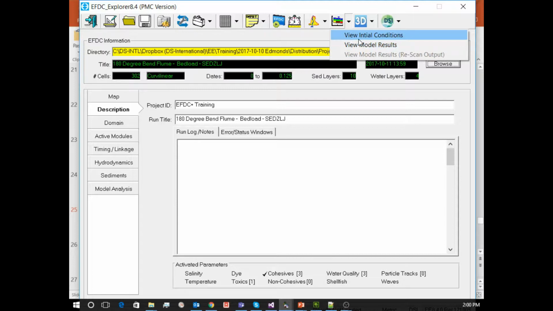And you went through loading just initial conditions and any of this stuff yesterday? Okay. By default, if you just click on the button, it'll allow you to view the initial conditions, but by default, it'll go out and try to load the model results if there are any. If they're not, it just assumes that you're just going to look at initial conditions. That can get you in a little bit of trouble sometimes. If, for instance, you've got a model running, and you start editing it because you're getting ready to create a new run. So let's say you added a constituent, like dye or something, or you changed your number of